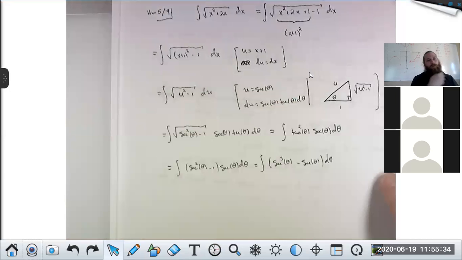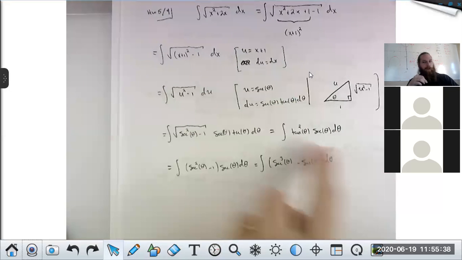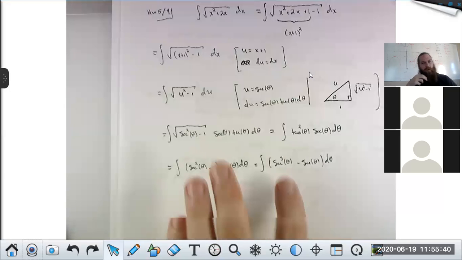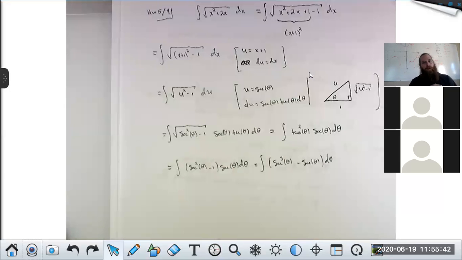So an alternate approach, if you don't want to do the looping IBP directly from here, would be to come down here. Because some people do memorize the integral of secant cubed, it might be a faster path. But this is as far as I want to go on this one today. If you want to see the full solution, take a look back in Wednesday's video. So the next one that we wanted to see